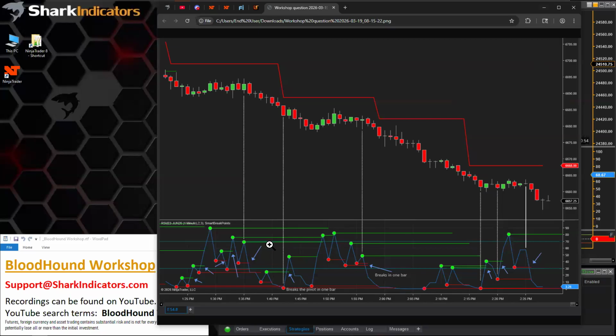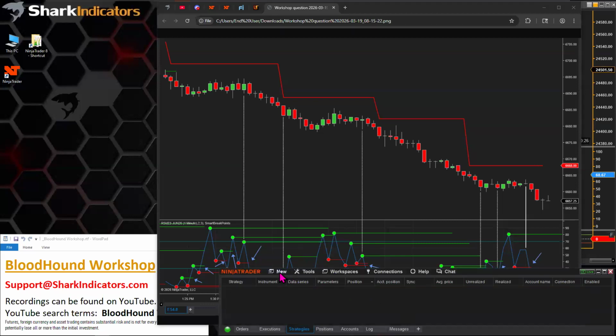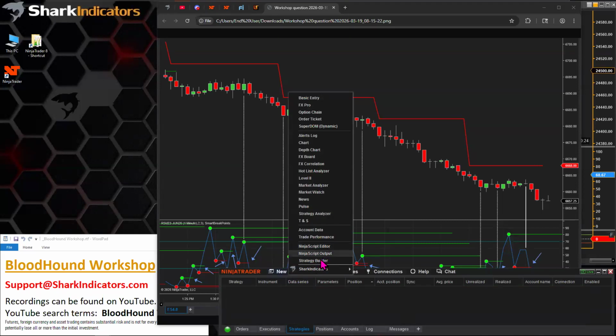Also, just to mention, I'm not sure if all of these swing lines are available as a plot. If I recall, these lines are not plots. They're drawing objects, so I don't think you can access any of these lines from within Bloodhound, or if you're using NinjaTrader's strategy builder, because those are not plot lines.